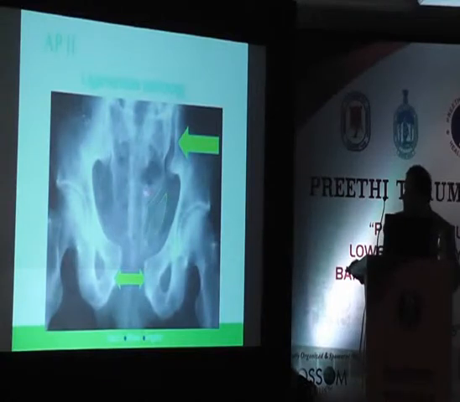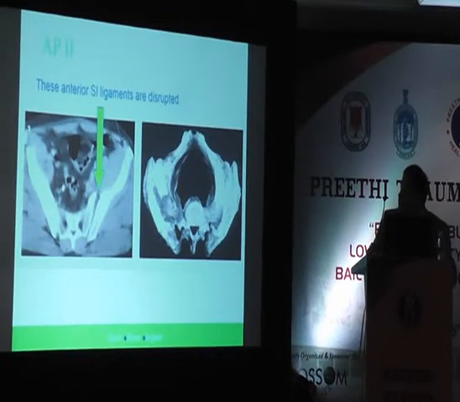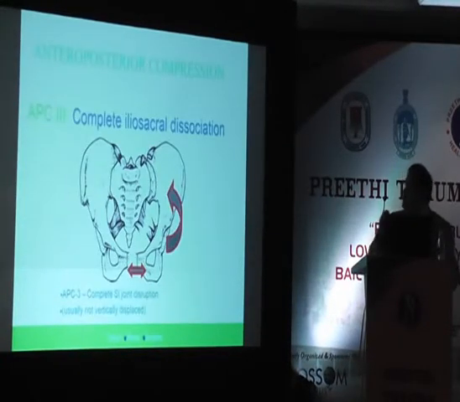It can avulse from here. This is a telltale. It will tell about the possibility of severity of the injury. It actually is a sacrospinous ligament taking away a piece of the sacrum. That can happen. So anterosacroiliac ligaments are disrupted. Okay, and APC3 is